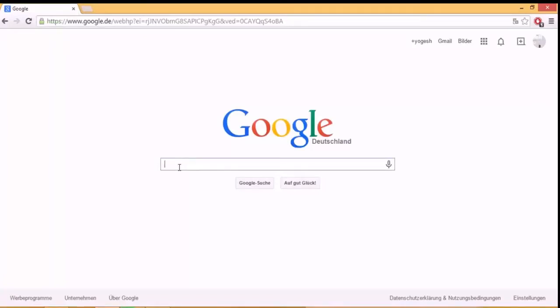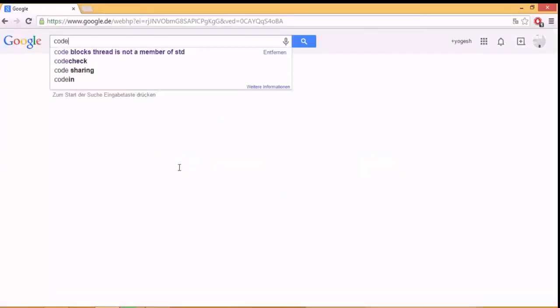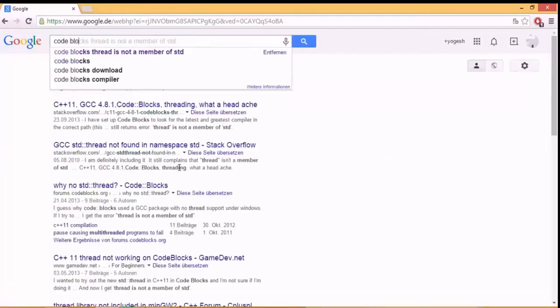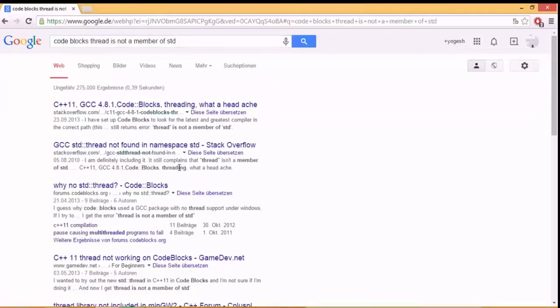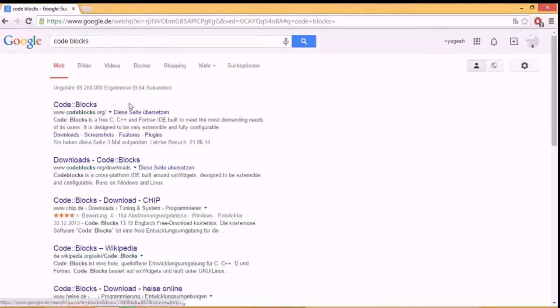So just open your favorite browser and just search for code blocks. And the first link you will see here, not this, but only the code blocks. So search for the code blocks, and the first link here you will find is